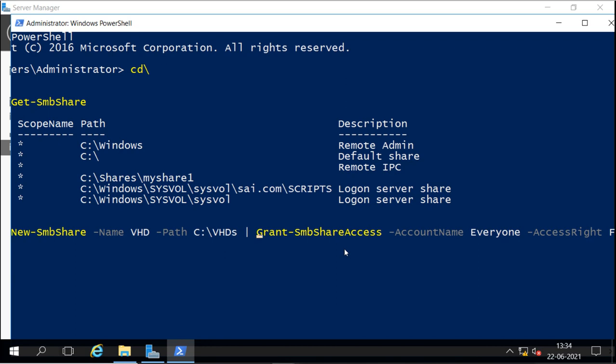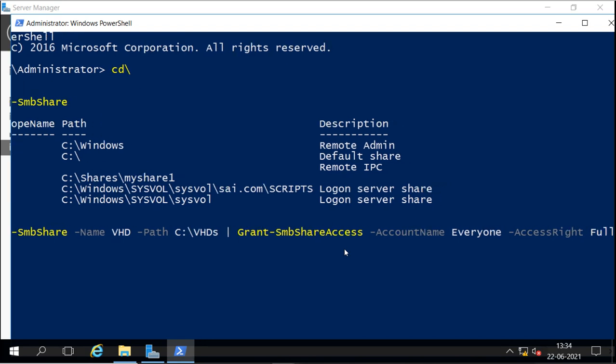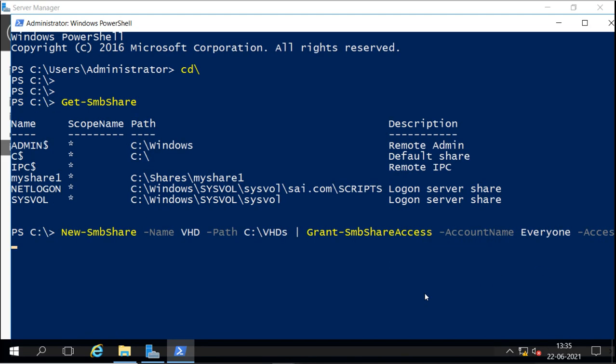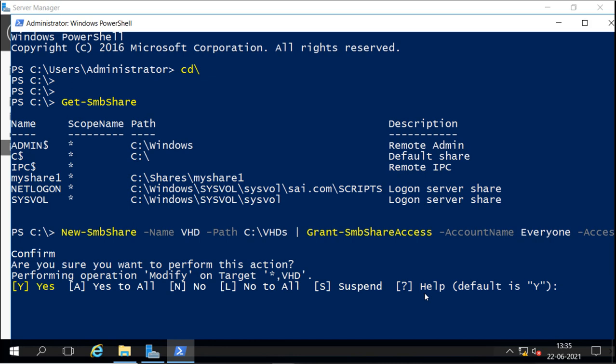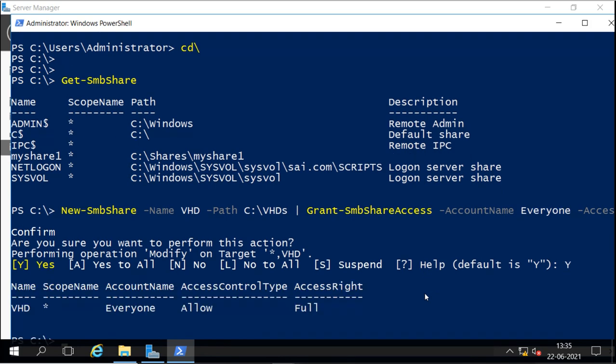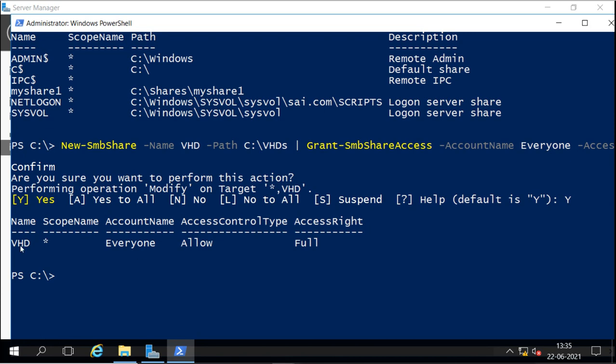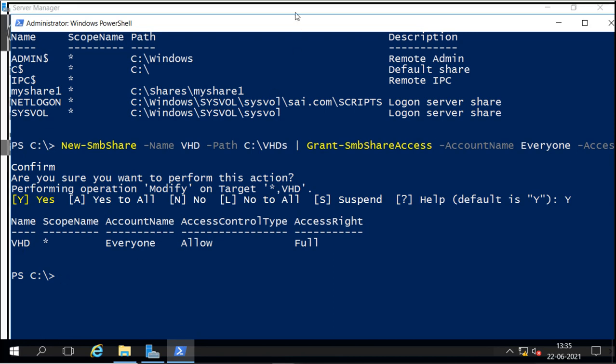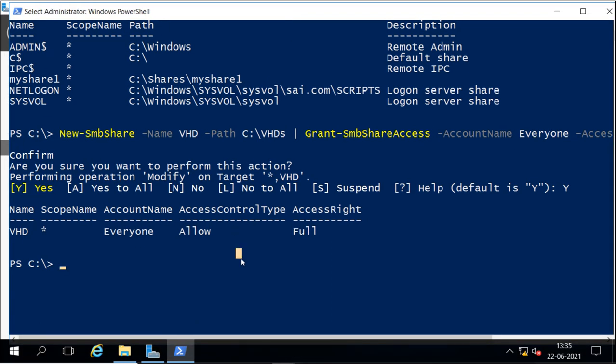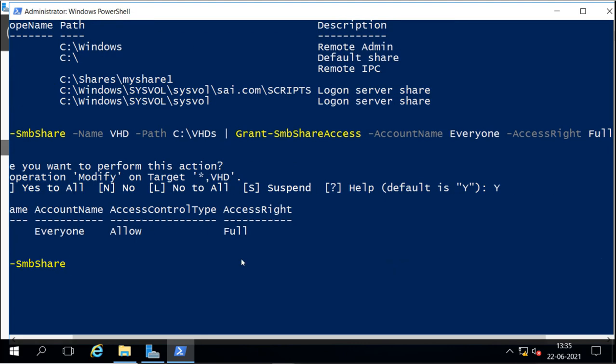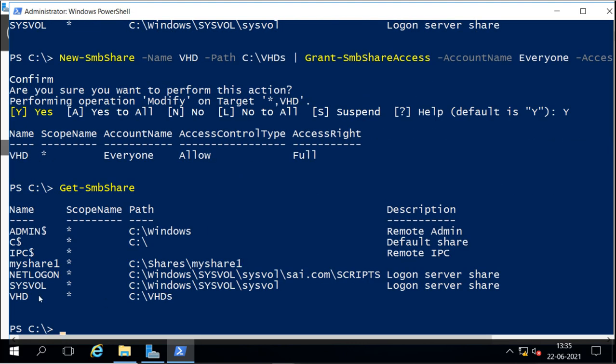So after the first command, it will run this second command, which configures the access to this share. It says Grant-SmbShareAccess to this account, everyone, full, and then I will press enter. It says do you want to create, I'll say yes, and now it says this folder is created. We can verify by running the command Get-SmbShare, and we can see the share we have created.